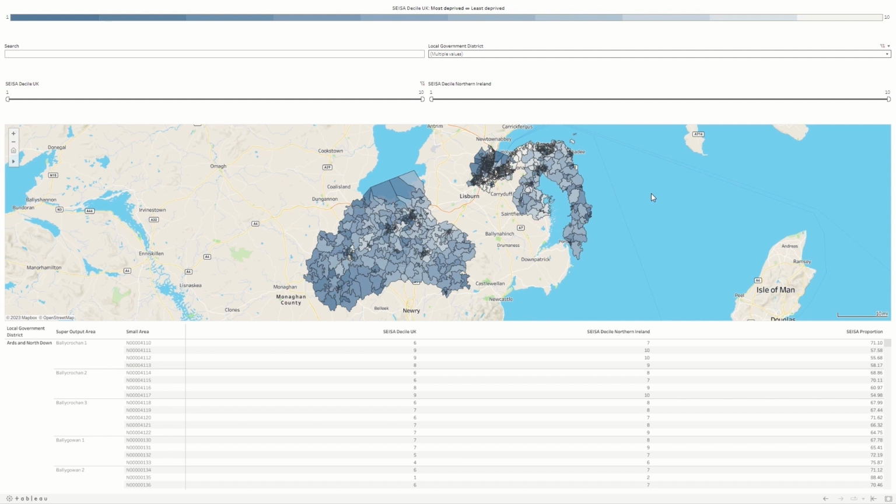The more local government districts you select, the more data you are asking the maps to load, and therefore the slower they will respond. It is for this reason that when entering the maps for the first time, the default selection is a small area of the country, so that the maps load at a faster speed.